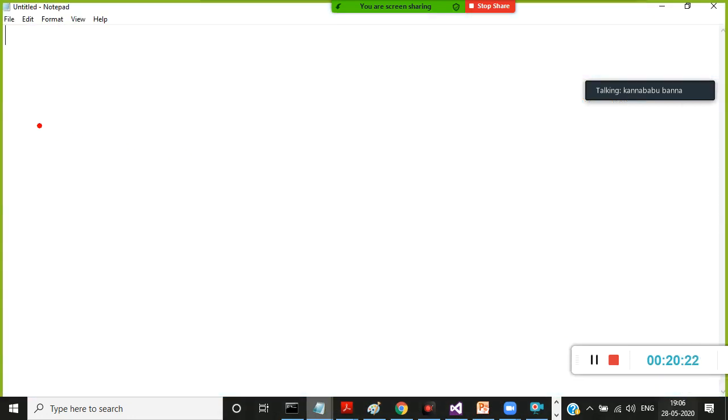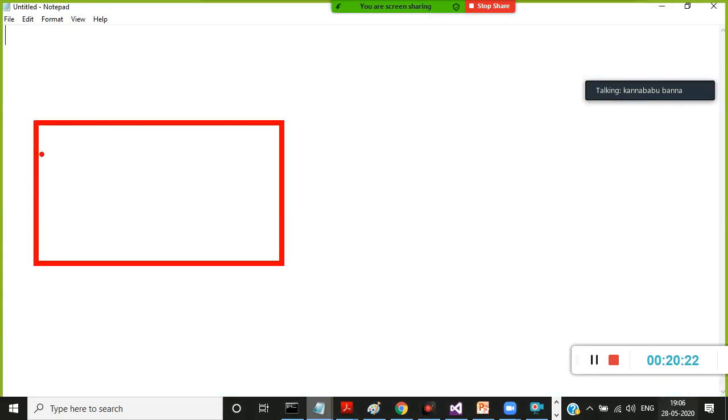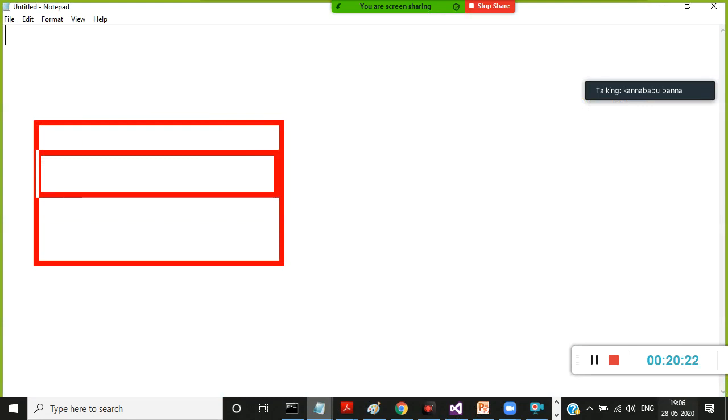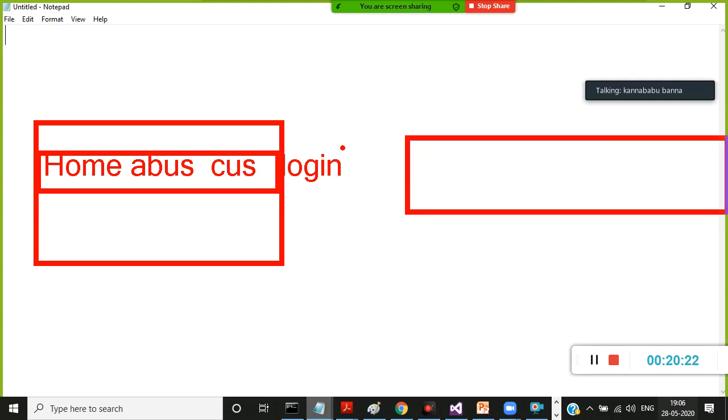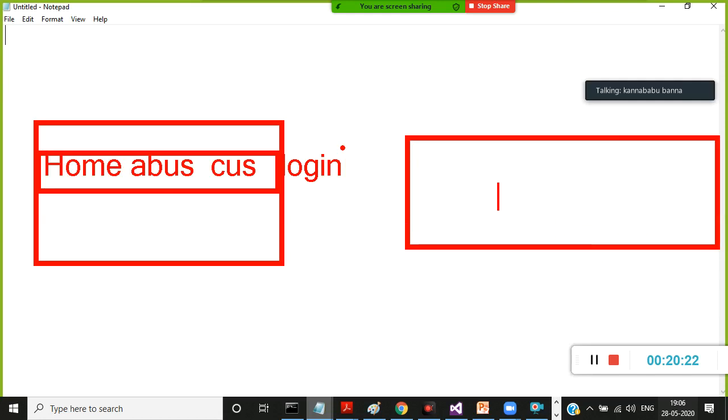Now, what is my requirement here actually? My requirement is something like this. This is your demo layout now. Here by default everyone can see this screen: something like home, about us, contact us, login, etc. So after login, it has to go to the admin home page.